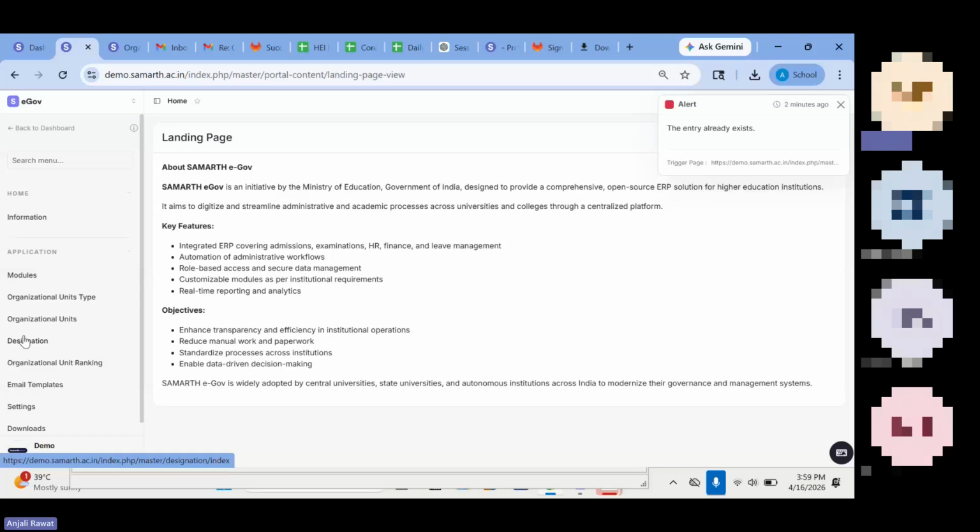Step by step, you have to configure first the information, then organization unit type, organization unit, and designation. Do not confuse organization unit type and organization unit. Only types will be added under organization unit type, like I have added only office. And in a detailed way, you have to add the office details under the organization unit. Then under designation, you will add all types of designation, either post or assignment. So if you have any queries now, you can ask your queries.